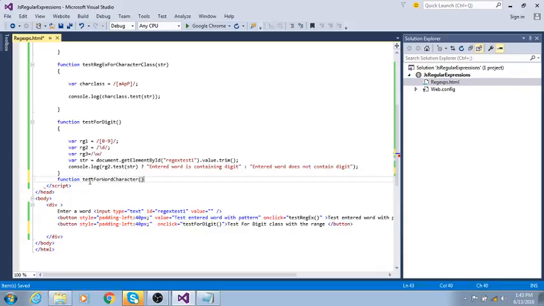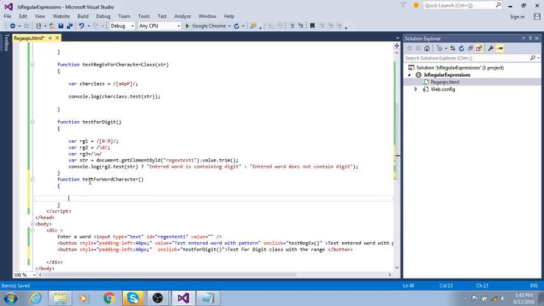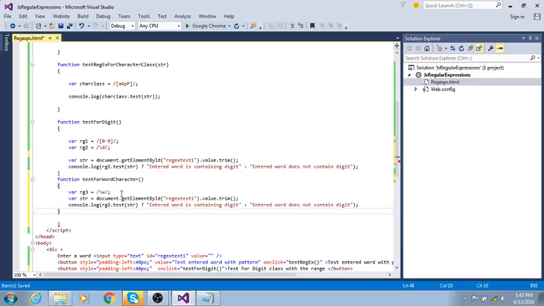Okay, it can be any alphanumeric character, like that we use. So, here where RG3 I use, then put here in this, then followed by I copy these things, then inside this I once again do that RG3.test(str). So, entered word is containing